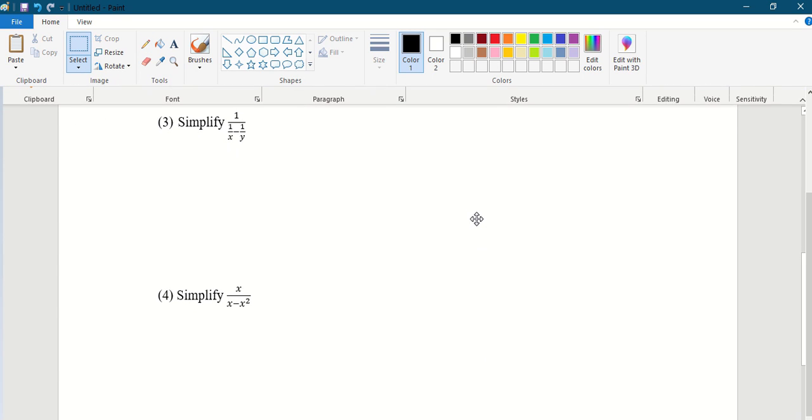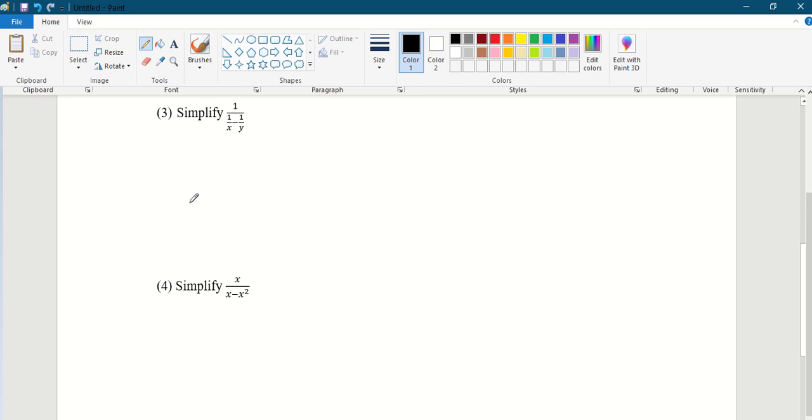For these ones now, we are asked to simplify. So here the numerator is 1, so we can keep it as 1. The denominator, taking common denominator, we kind of cross multiply. So y gets multiplied here, x gets multiplied there. So we get y over xy because I multiply numerator and denominator both with y. And here we get x over xy because I multiply numerator and denominator with x here. So I have 1 over y minus x all over xy.